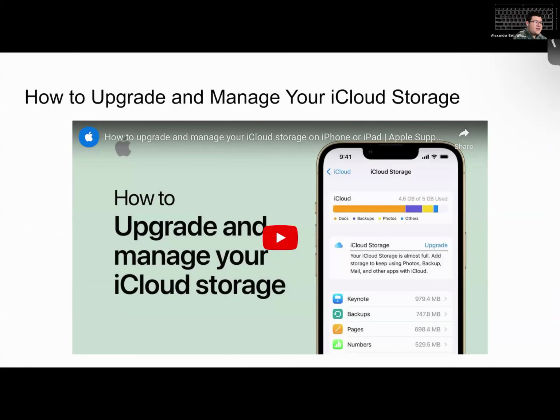Okay. One thing I also wanted to show you all today is, everyone with iCloud gets 5 GB of free storage. But if you do get a notification on your iPad saying your iCloud storage is running low, etc., I would strongly recommend creating or getting iCloud Plus. So this video talks about what iCloud Plus is, and I'll be sure to go over a little bit after